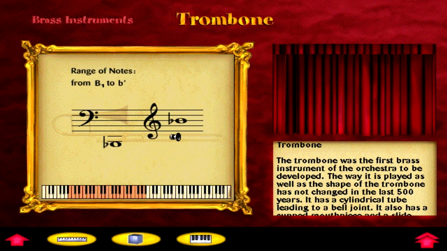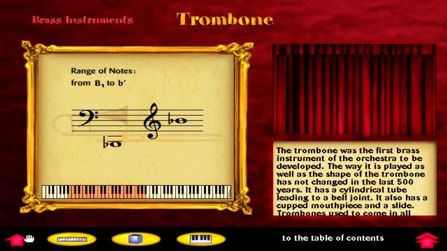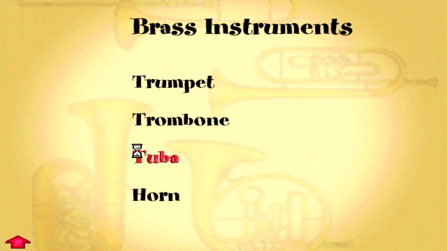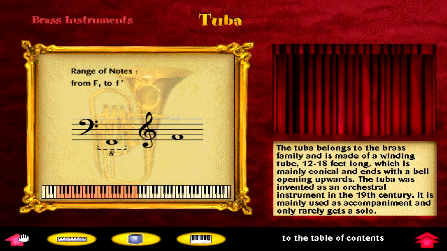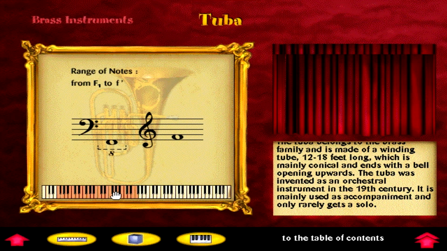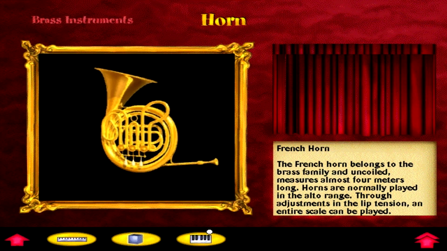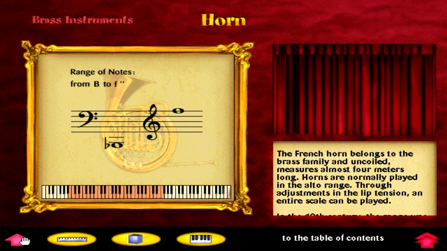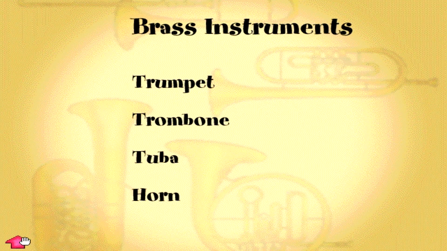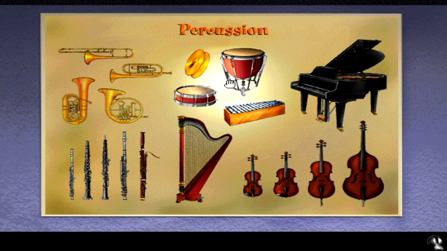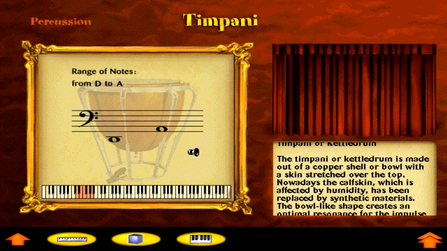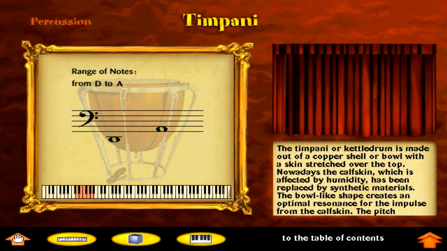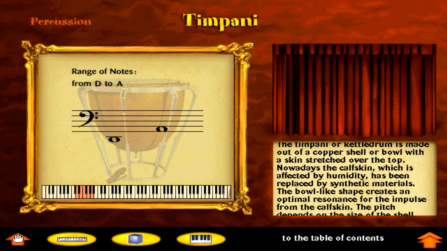The trombone was the first brass instrument of the orchestra to be developed. The tuba belongs to the brass family and is made of a winding tube 12 to 18 feet. The French horn belongs to the brass family. The timpani, or kettle drum, is made out of a copper shell or bowl with a